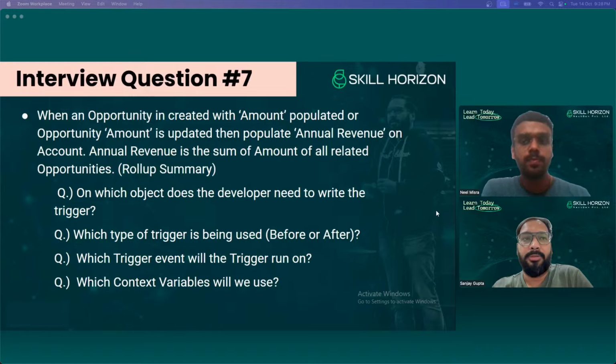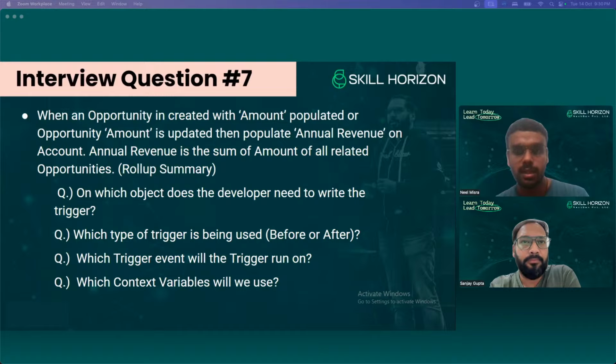Since we are performing change upon the account object, and the trigger is created on the opportunity object, we are making change on a related object. So we need to perform DML operation. So we'll prefer after trigger in this case. So first question answer is opportunity object. Second question answer will be after triggers we will be using.